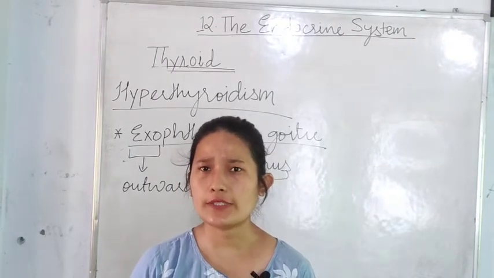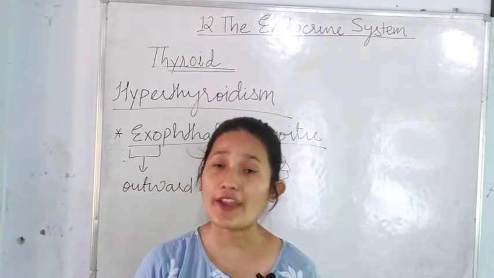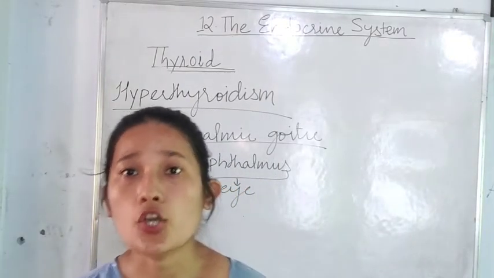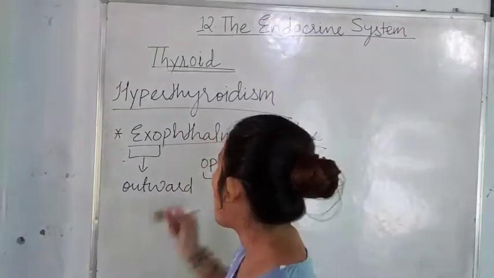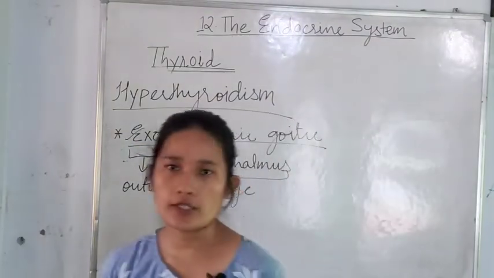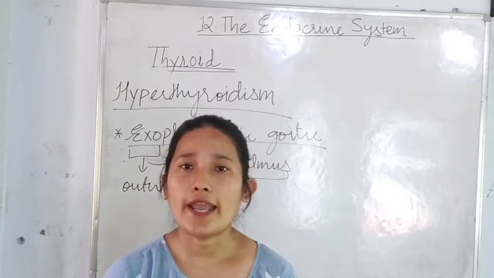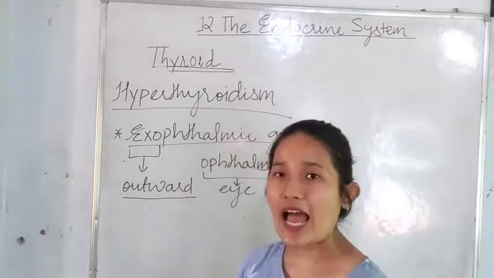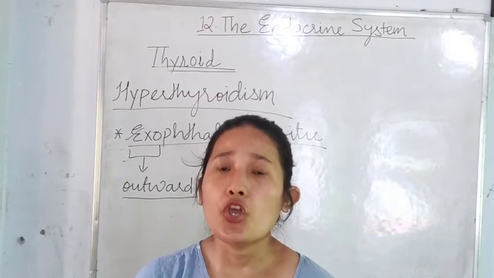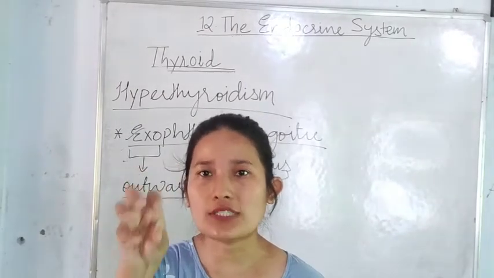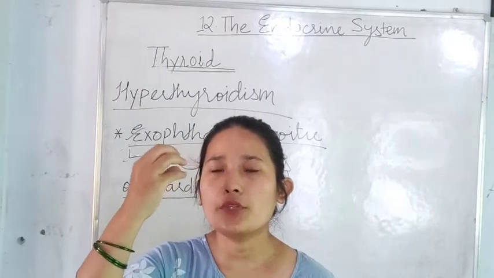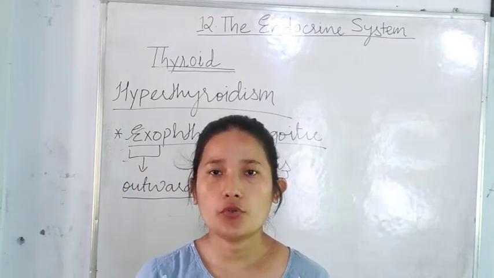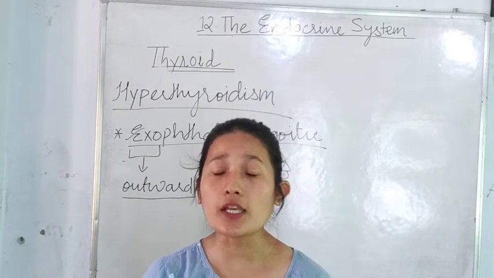Hyperthyroidism, what does this term tell you? That thyroxine hormone is secreted in an excess amount, that means oversecretion of thyroxine has taken place. So because of hyperthyroidism, exophthalmic goiter, it's the name of the disease, is caused. Now if you break this term, exo means outward and ophthalmos means eye. So what happens in this condition is, your eyeballs are protruded outside. Okay, they just bulge out of the eye socket. It seems as if the eyeball is going to pop out. Okay, so that happens in case of exophthalmic goiter.